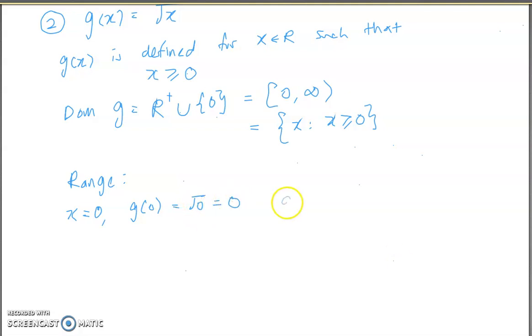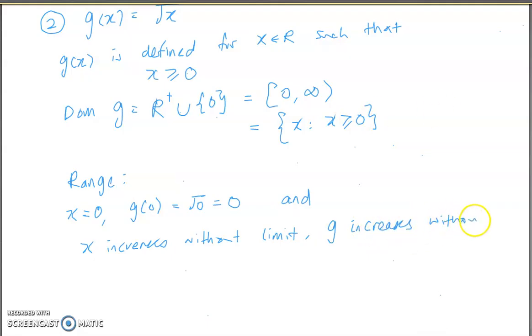And then another thing we can look at is when x increases without limits, the function of g increases without limits also. So in this case, we can say that